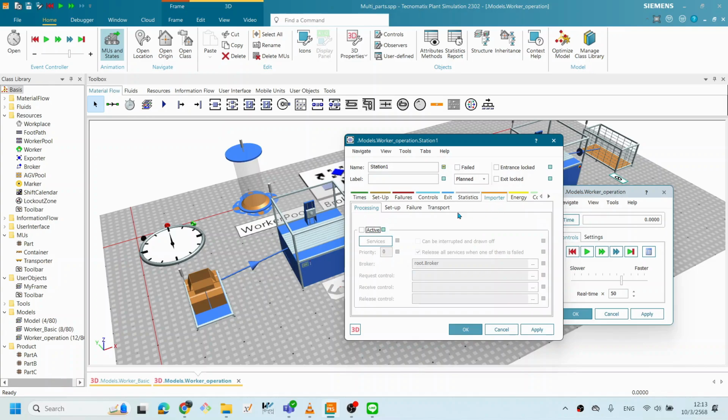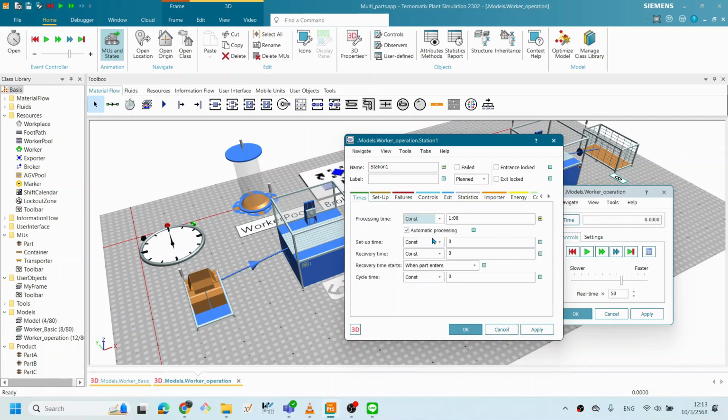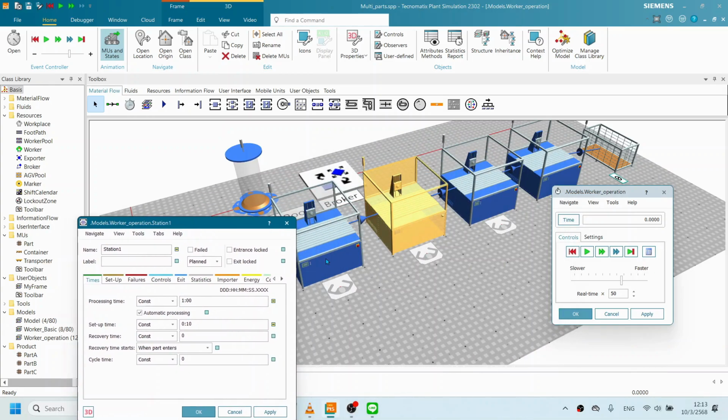Because I only set up the worker, the setup tab, and I didn't define the time. Define the setup time, 10 seconds, right? Before, I didn't set up the time. That means that's why the worker didn't walk,